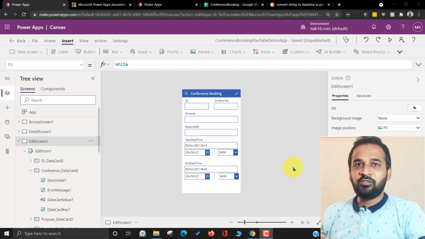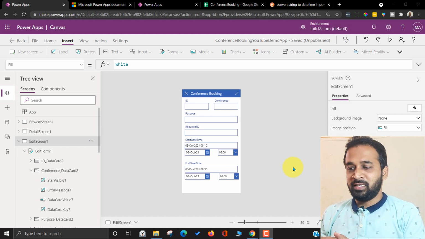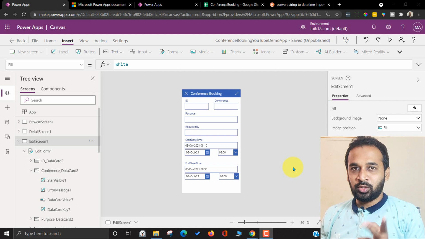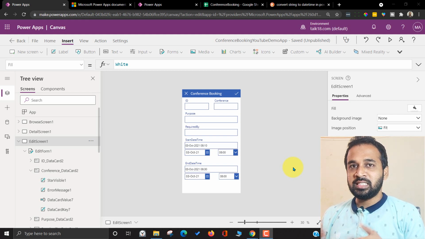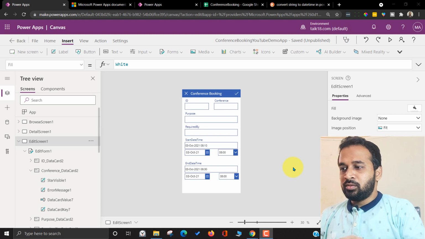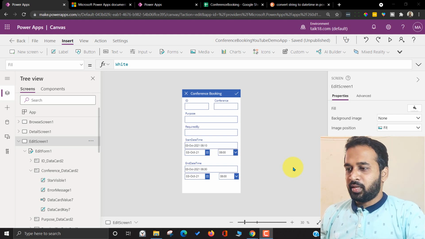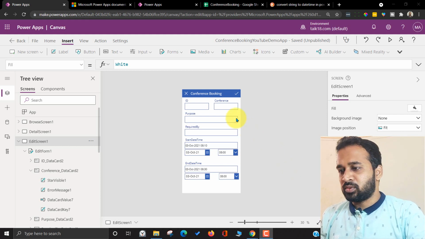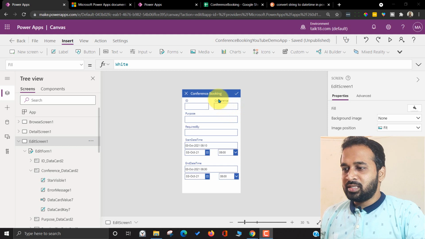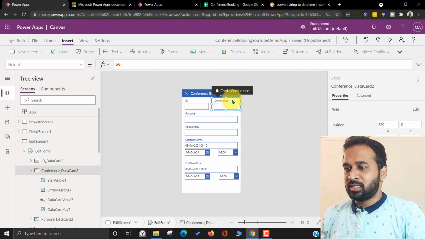Okay, so we have done everything up to the date validation. Still, we have two things we need to do. One is the row number and ID auto generation, and the next thing is the drop downs. So we'll work on the drop downs now, and then we can check the row numbers and ID numbers in the next one. So as you can see, we have these cards here.